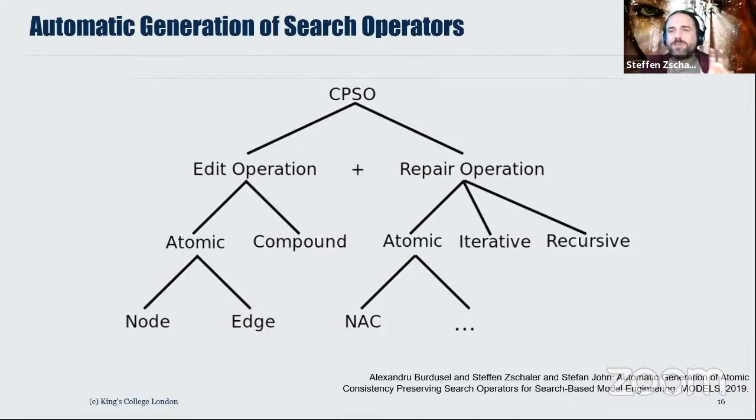But that's often not enough, because if we introduce a new object, a new model element, a new instance of a meta class, there may be multiple edges attached to it that have multiplicity constraints. We may need to deal with all of them. And that's what we call an iterative repair, which basically says we're going to apply the same sort of pattern of repair to all the outgoing edges of a model element that we're introducing. And then there's another form of repair, which is recursive repair, which is where we allow the repair itself to create new model elements or delete model elements as necessary. Whereas in iterative and atomic repair, we only allow the repair to change the linking between model elements,